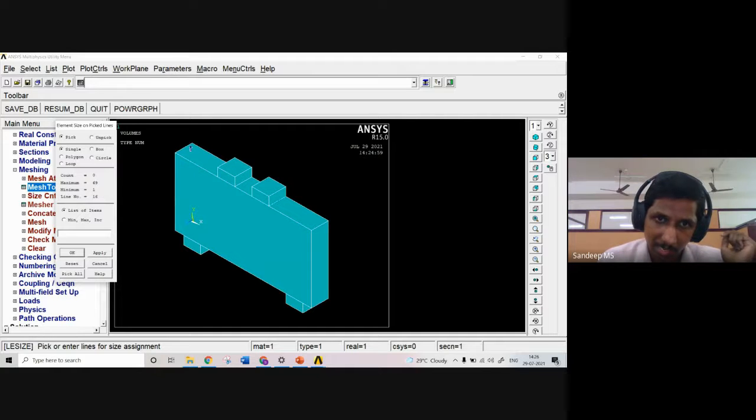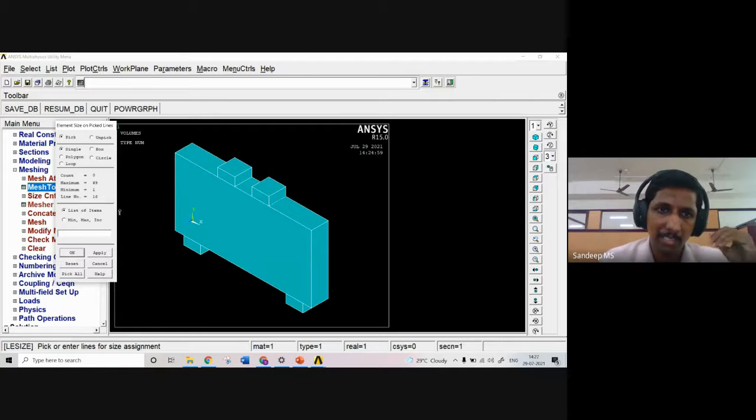That is this line. And at the back side, we have one line here. Here we have a line. Here we have a line. Similarly, for bearing plates also we have some lines. Also inside this we have the reinforcement which is oriented in Y direction. Those things should be selected and the size should be specified.